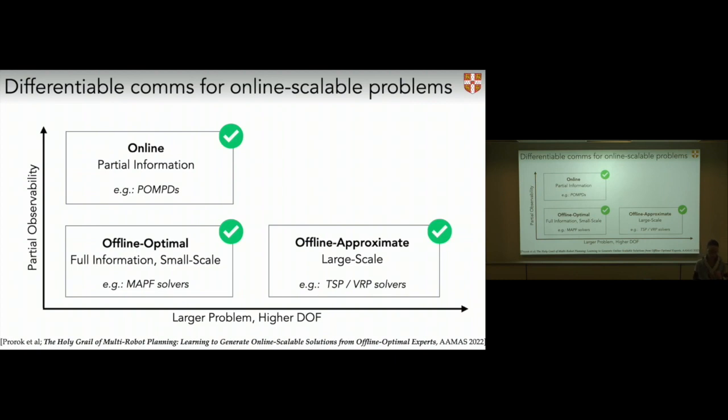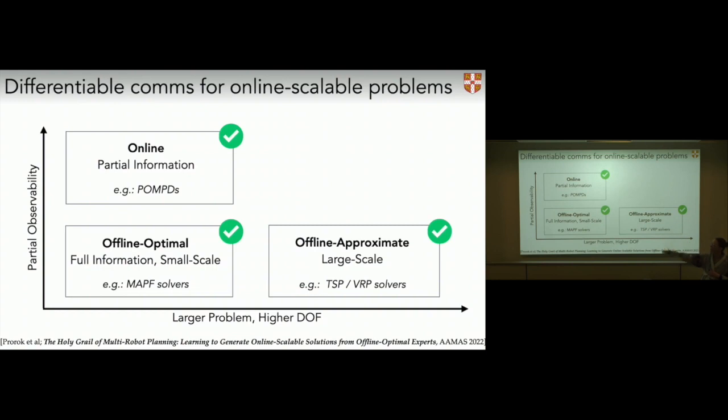So what I'm showing you here is a kind of a cartoon that represents problems as a function of how partially observable they are and how large scale they are, how large their configuration spaces are. And you can see that here in the center we have offline optimal solvers, which are really good for systems that are not so big and that are fully observable. So for those, plenty of optimal solvers exist, and they can compute very effectively, very quickly, because the scale is relatively small. Think of multi-agent pathfinding solutions or traveling salesman type solutions, which are then optimal and very well established